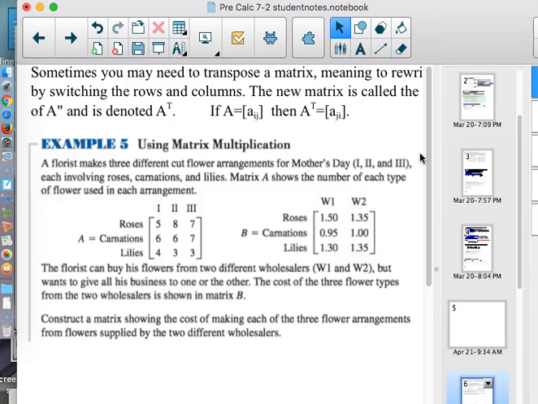What we can do, if we understand where the columns and the rows came from, is just switch the rows and the columns, so we still know where they came from. We have identified them and what we need them for. And sometimes we have to do that. So the new matrix is called, well,